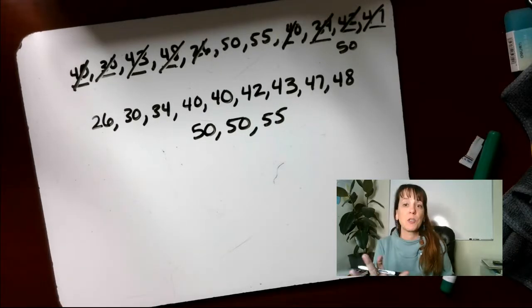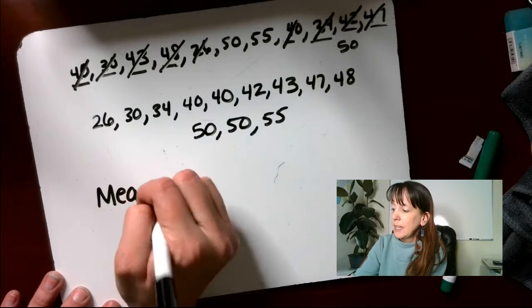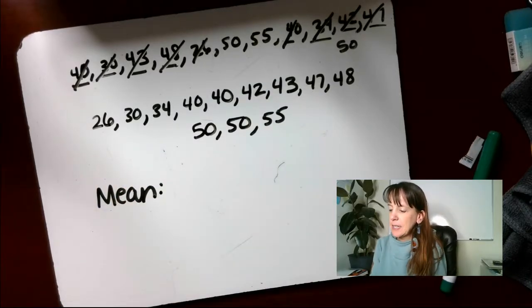First things first, let's find the mean. To do that, we're going to add up all these numbers. You can do it along with me, or you can watch. We're just going to do 34 plus 40 plus 40 plus 42 plus 43 plus 47 plus 48 plus 50 plus 50 plus 55. That gives us